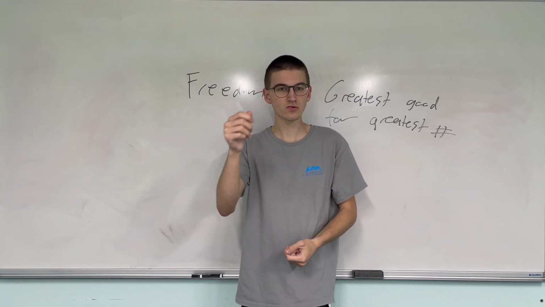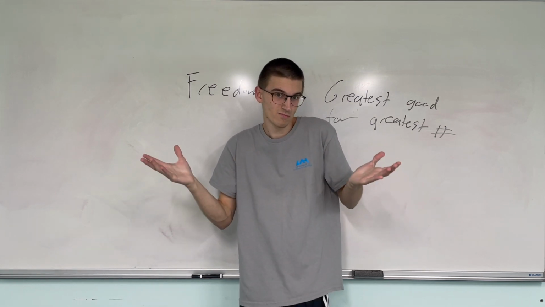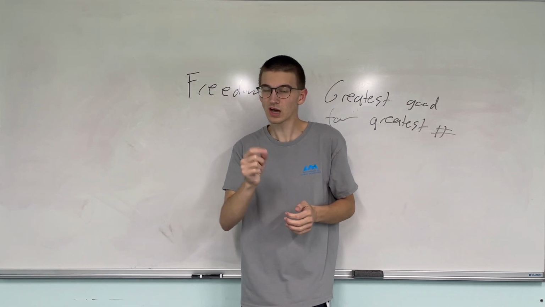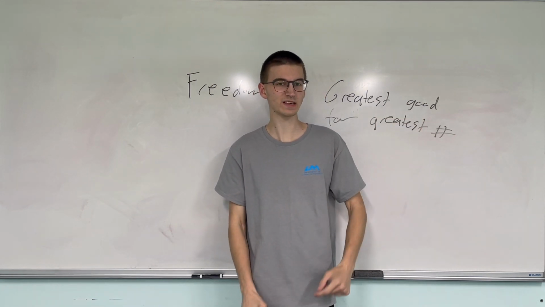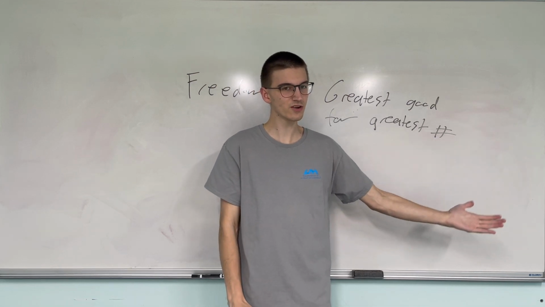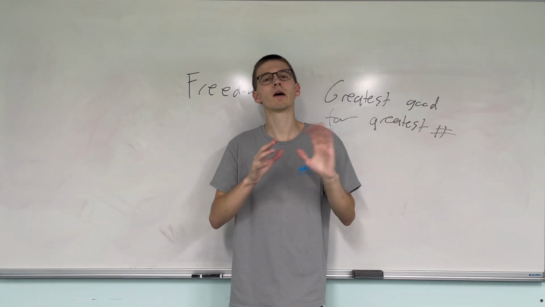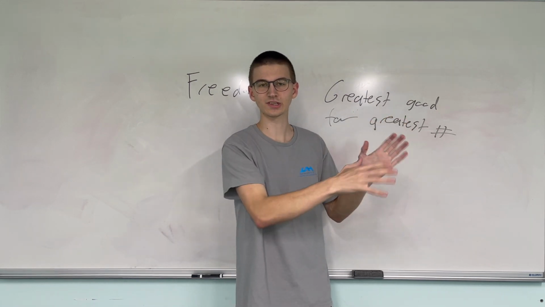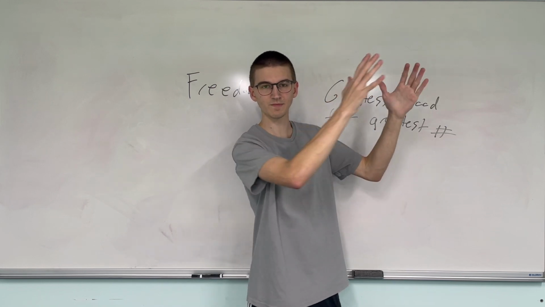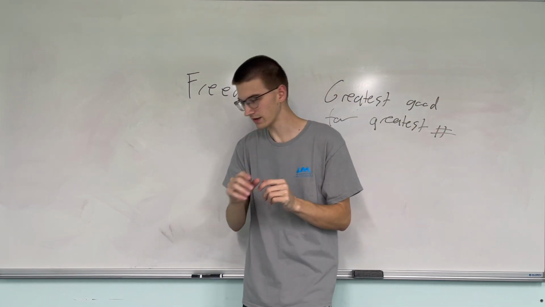Because if you do a good action and you also happen to feel good about it, what's wrong with that? Well, Kant might say, what if killing people also makes you feel good? Then you're doing a bad action and it makes you feel good. So Kant says, okay, your personal feelings about it, this is treating the action as a means to an end, and clearly there's something else other than these ends that makes an action good.